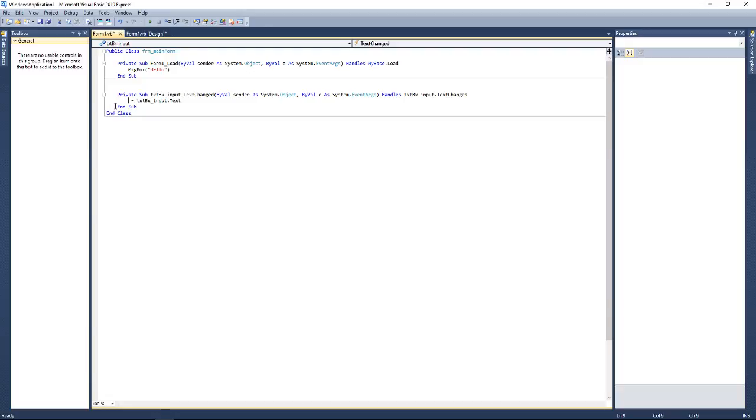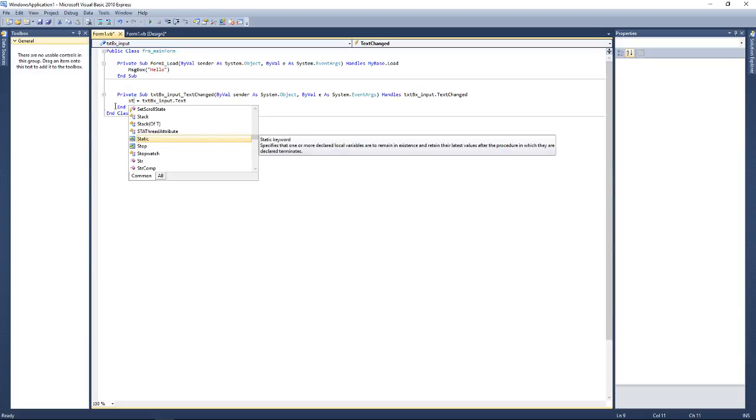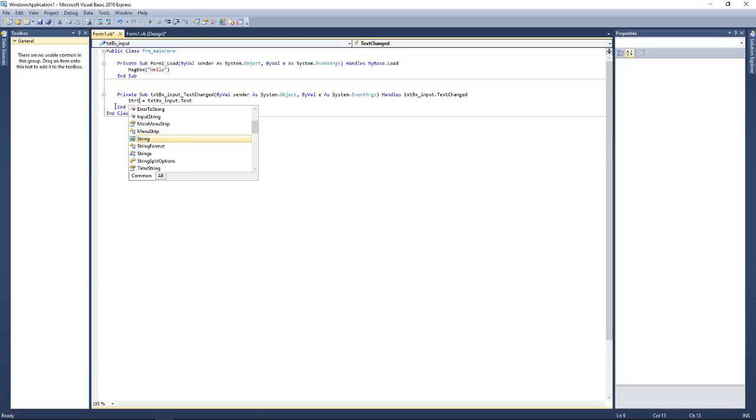So I could say string words, just as an example, and then say